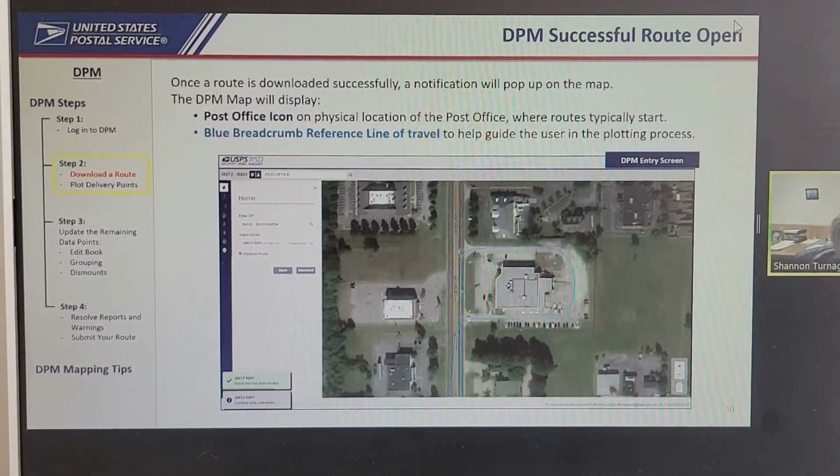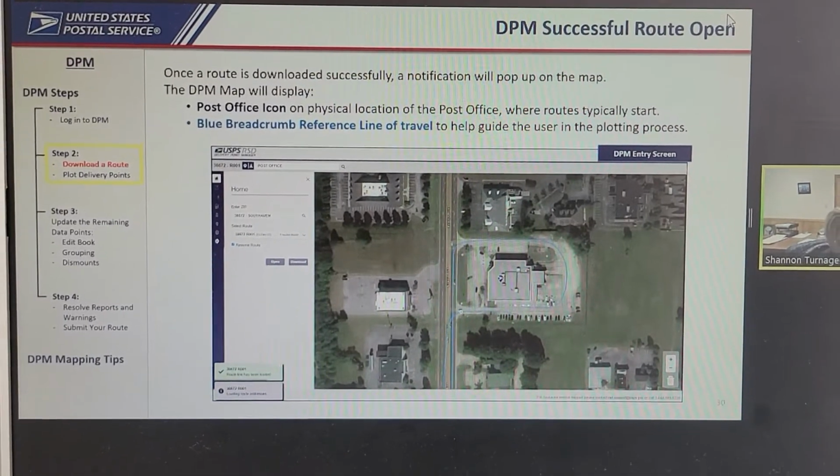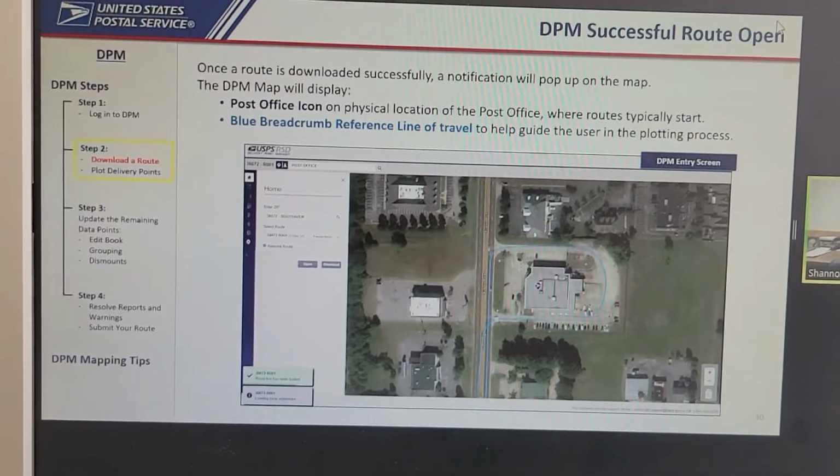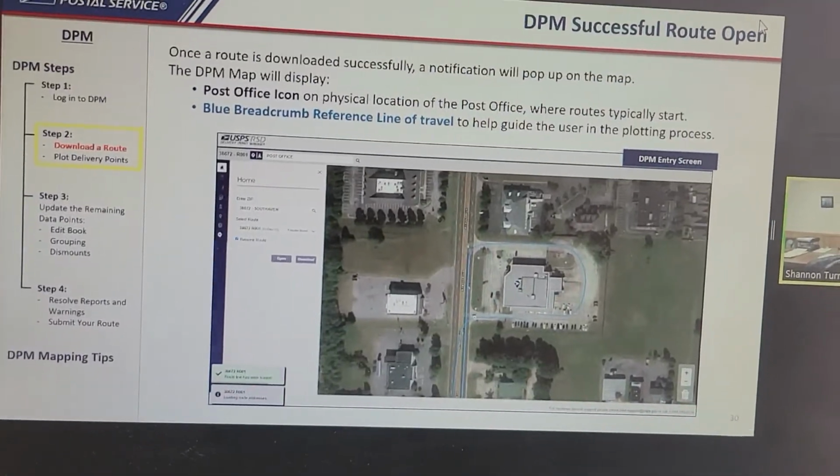So once we get that successful route downloaded and open, we're going to go to the entry screen where you're going to see your post office, and you're going to see this blue line. That blue line is there as a guide